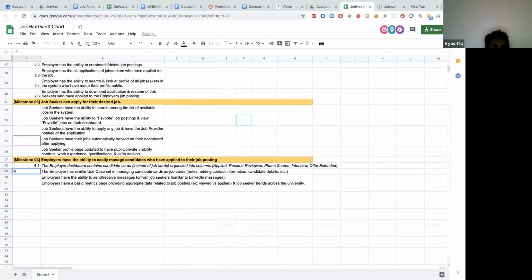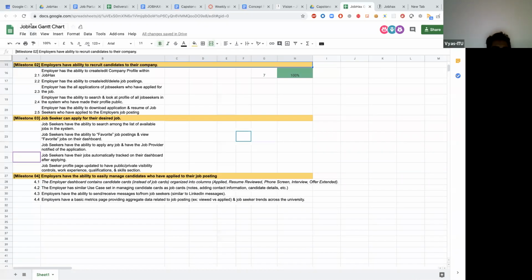Sako, do you still want to stick with JobHax with respect to the naming convention, or career builder? Since you mentioned it, I just want to check before submitting, because in the Word document we still mention JobHax in a few places. I think career builder is more intuitive. What do you think, guys?